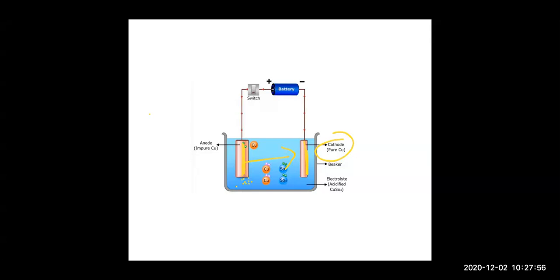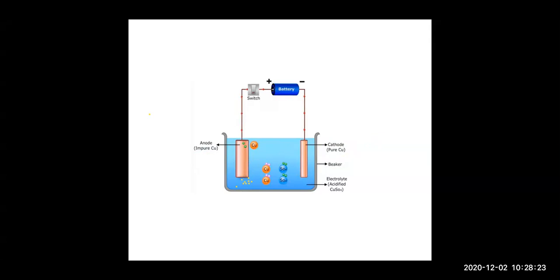So what will happen? Slowly and steadily, the pure copper will move towards the cathode and this will become thick. The pure copper gets deposited on this and this becomes thin. A thin strip will be left finally. Right children? So what happens in this? In this process, when current is passed through this setup,